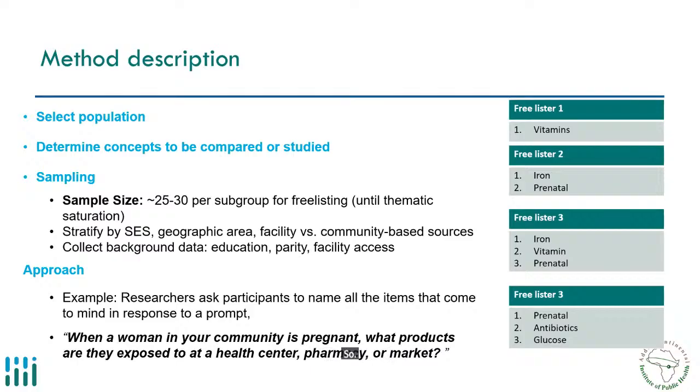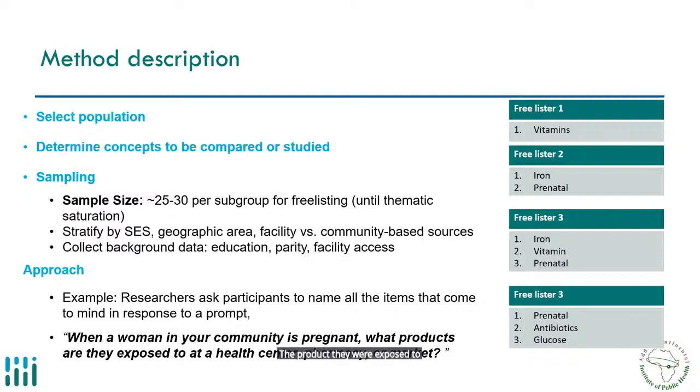So in terms of the sampling and how our sample was selected, I mentioned it earlier, so I will skip that part. But when we look at the results or the list that was provided, these are actual examples from the list generated from the individuals. You could see that some of them just listed one item, others more. And also there are variations in the terms that were used to describe the product they were exposed to.